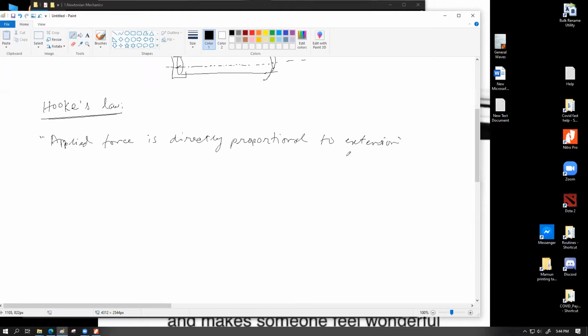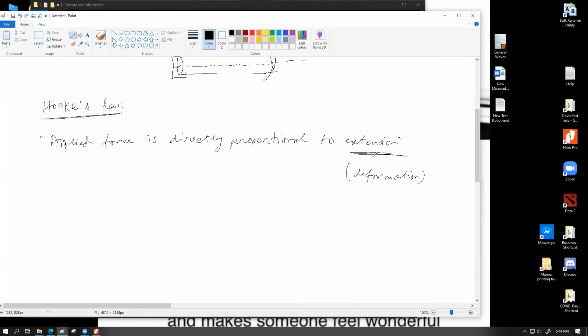In some cases, apart from the word extension, I sometimes say deformation, because it is not exclusive to lengthening. It is also essentially proportional in compression cases. So if you are trying to squeeze a spring by applying a compressive force, then it will also be directly proportional to the deformation. Deformation is a more generalized term, but for your syllabus, the syllabus makers mostly prefer the word